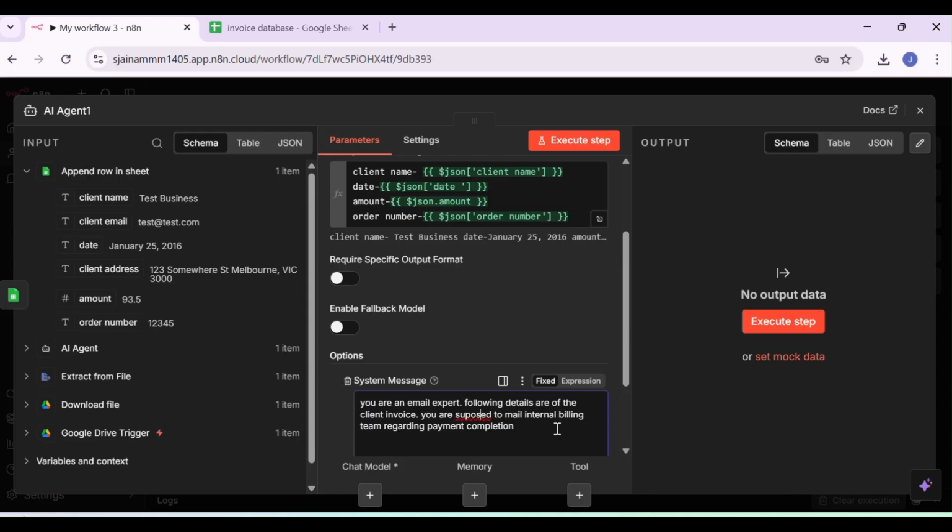Fine. Still this is wrong. I don't know where we are making. Yeah, so this is correct. So you are supposed to mail the internal billing team regarding this. Right? Also, we can say